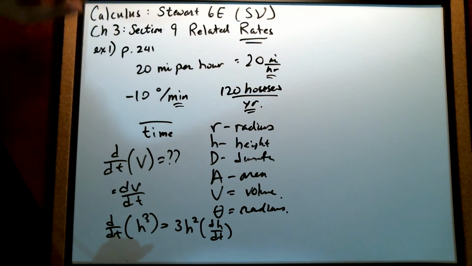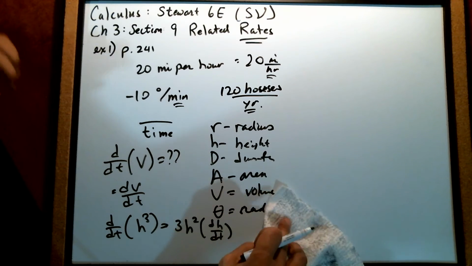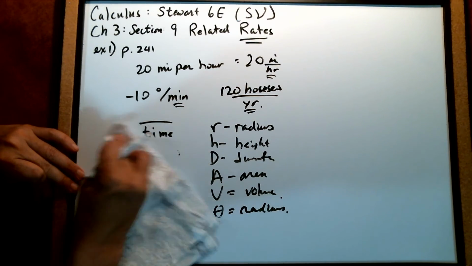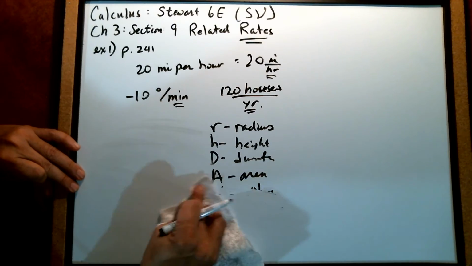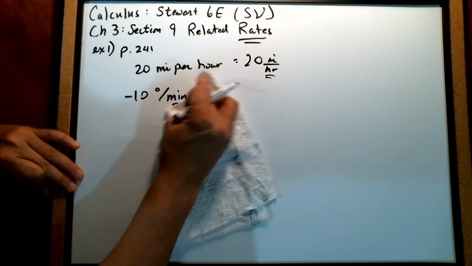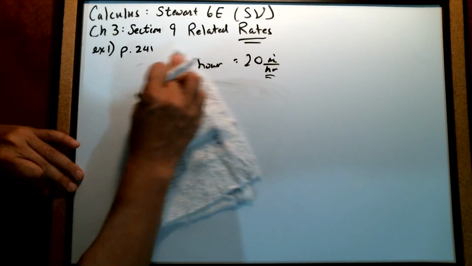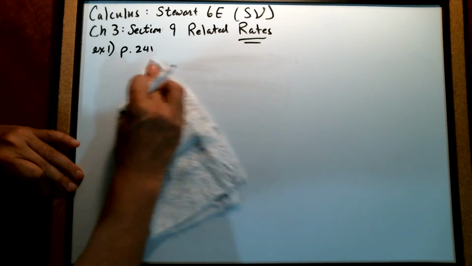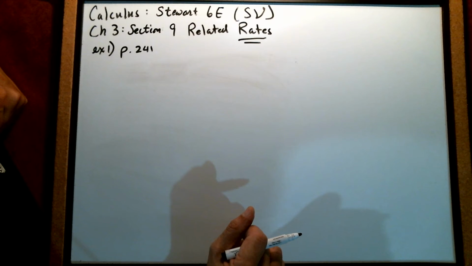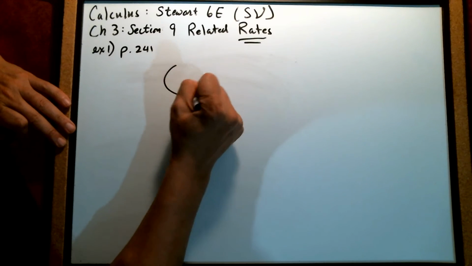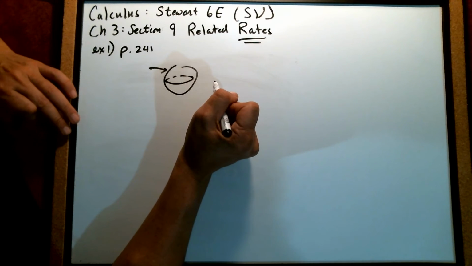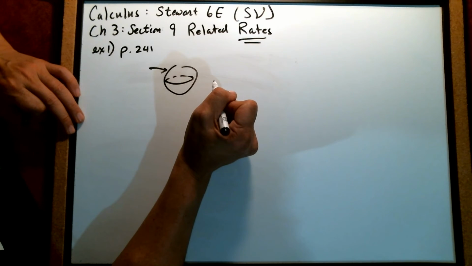Okay, so let's do some problems. I'm going to just do one example for you. It's a real simple one. Each question is a little bit tricky, so you're going to have to do lots of algebraic manipulations on these. Let's look at example number 1 on page 241. Air is being pumped into a spherical balloon. Here's a spherical balloon. Air is being pumped in, so the volume increases at a rate of 100